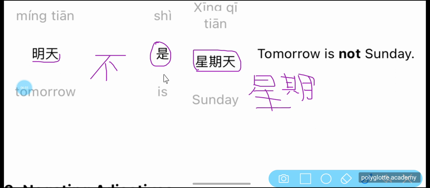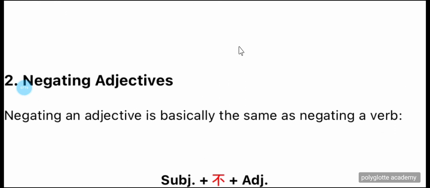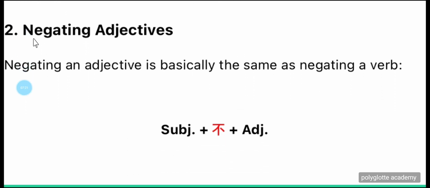Sunday is the only exception in Chinese that does not take a number, but instead takes the character for sky or day. So 明天不是星期天 means tomorrow is not Sunday. 非常好。好，继续，你明白吗？好，我明白。